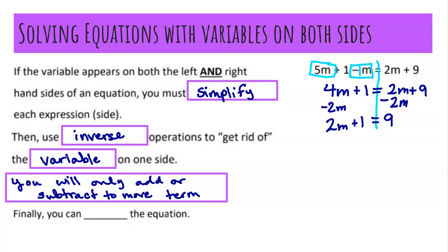At this point, guys, you've got a two-step equation, so we can now just solve the equation. So I'm going to subtract 1 on both sides. I'll get 2m is equal to 8. And then I'm going to divide by 2 on both sides to get that m is